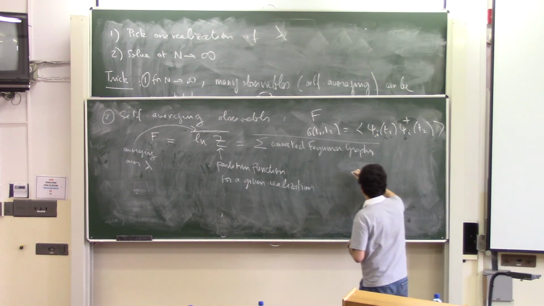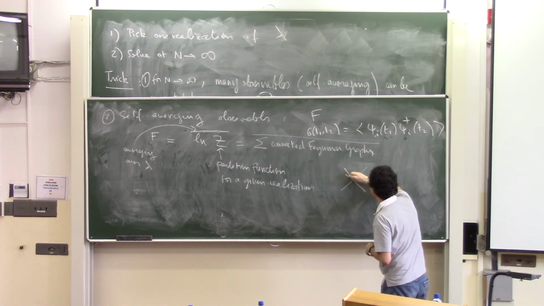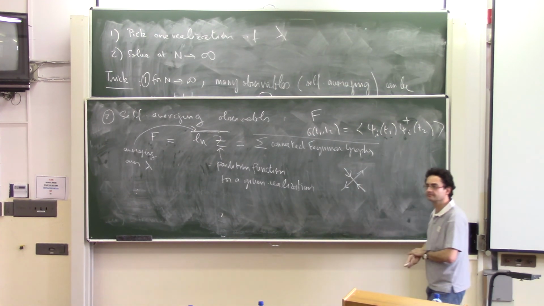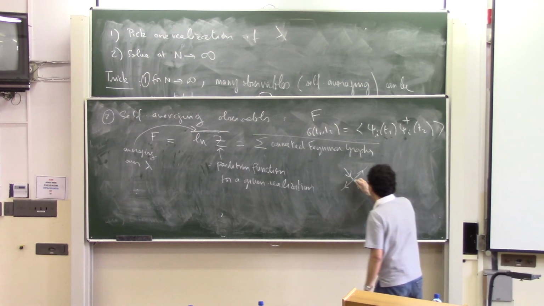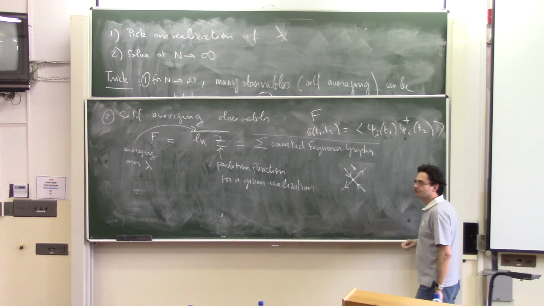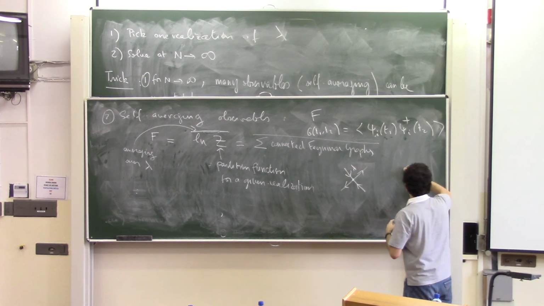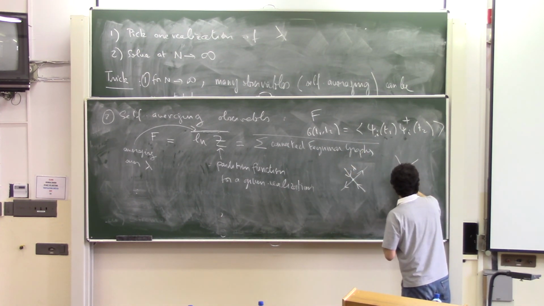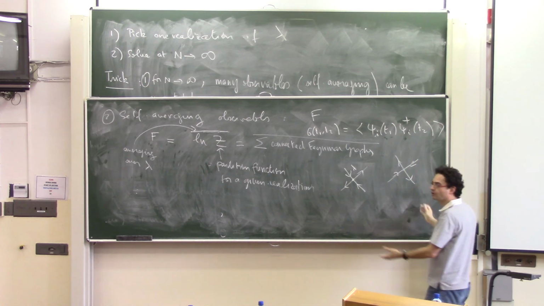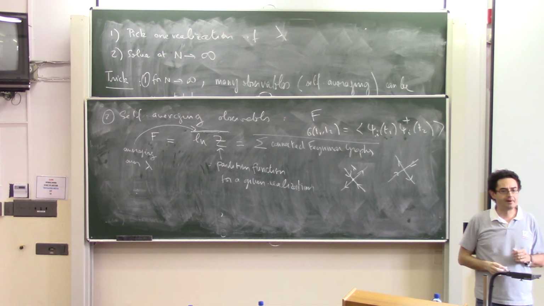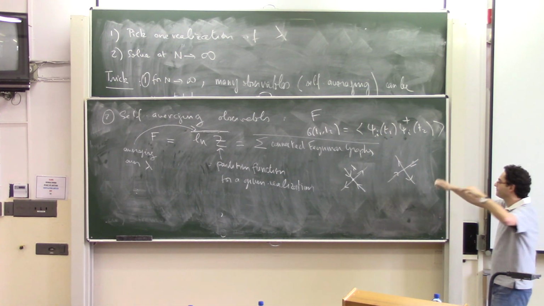So for the model I had, I had four-fermion interactions like this, and I have a coupling here. So when I want to compute this, I can have very complicated Feynman graphs with many vertices that will be connected, of course, by propagators. I'm not trying to draw a particular graph, but in some graph, I have many